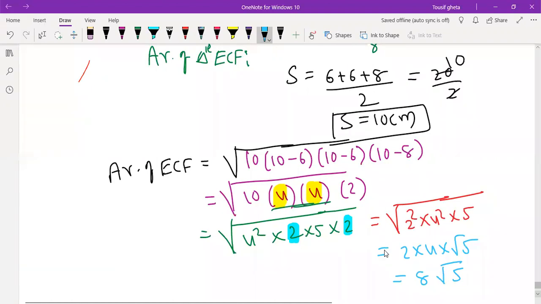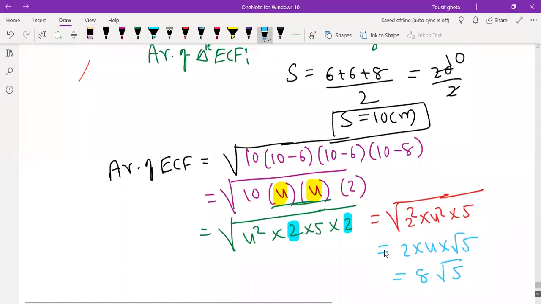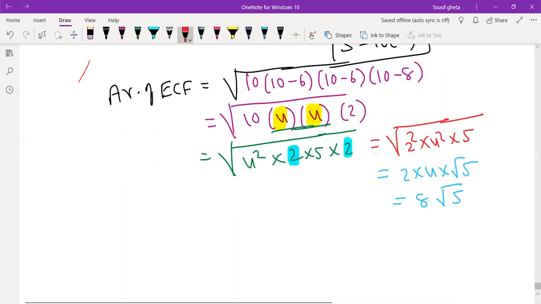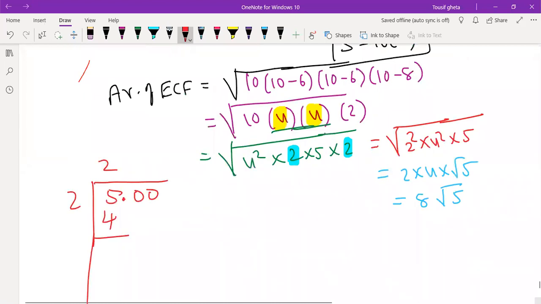Now I should find out the value of 8 root 5 because in your textbook they did not give 8 root 5. They have given in the decimal. So let us find out the value of root 5. So you know the division method. Again, I will tell you, one who doesn't know can concentrate. 5 can be written as 5.00. We will write 2 2s are 4. 5 minus 4 we get 1, and this you can take down 00 with your point. And whatever you wrote, that should be added.